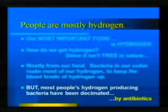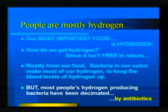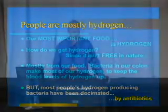I say usually because, you'll see in a minute, most people's hydrogen-producing bacteria have been decimated by antibiotics. Unfortunately, one of the most important medical discoveries that has ever existed, antibiotics, has now caused a huge health problem in the general population, because antibiotics are prescribed for nearly everything as preventatives. It's a miracle drug for sure, and they have many different varieties, but virtually all of them kill the hydrogen-producing